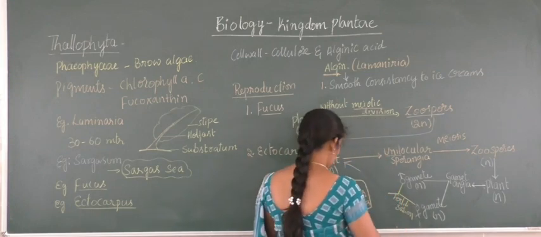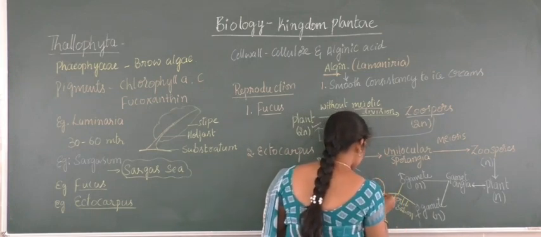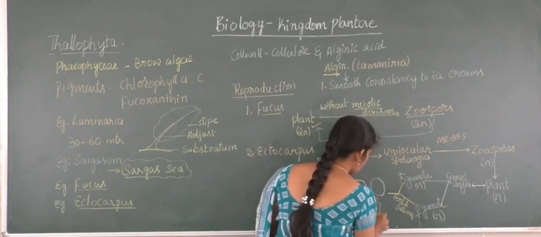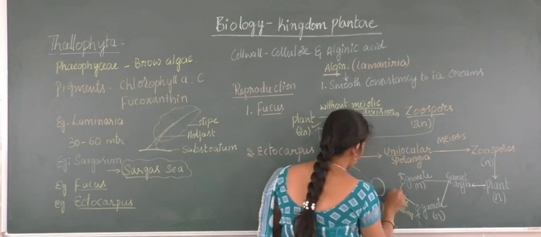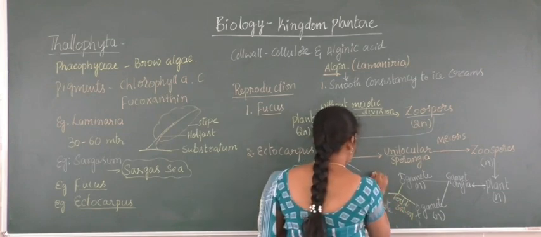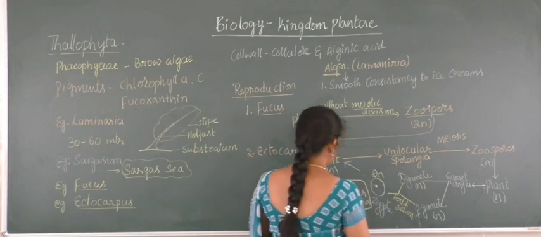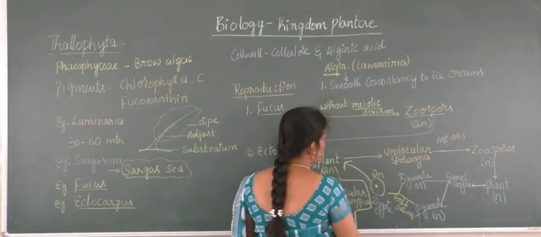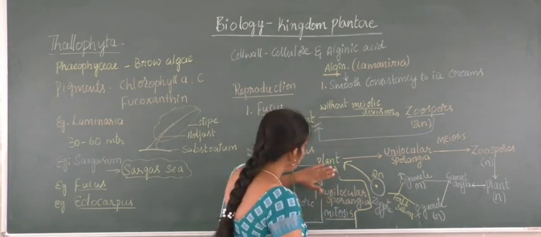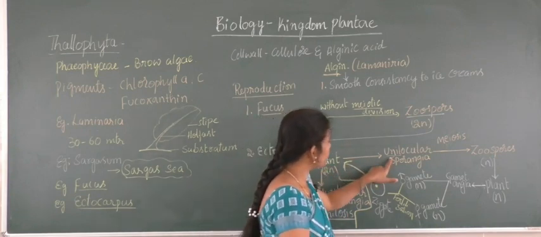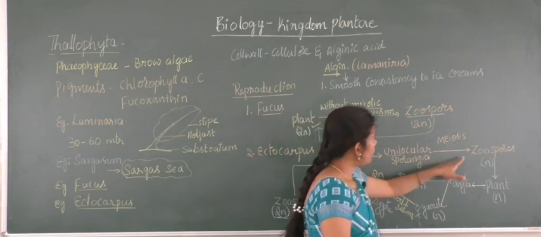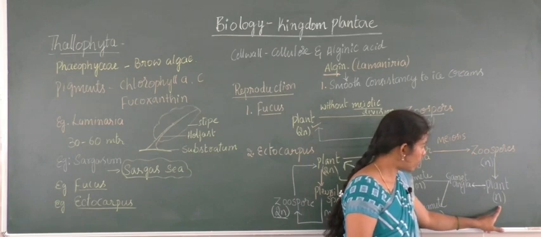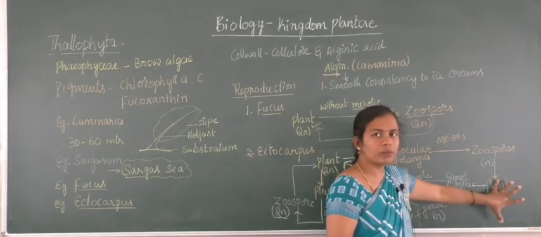After fertilization, it will form a zygote, and this zygote will be in the 2n condition, and later this will develop into a new plant body with again the 2n state. Here the plant body is 2n, the unilocular sporangia is 2n, and the zoospores formed after meiosis are n. The developed plant will be n for a very short time.